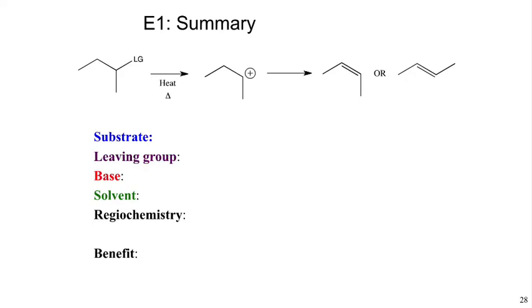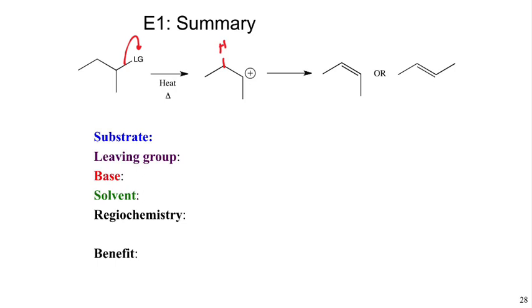E1 by real quickly moving through it. First thing we'll talk about is kind of our curved arrows. We've got our reaction drawn up above. Because it's E1, we're going to form a carbocation, so the leaving group leaves first. Okay. Then